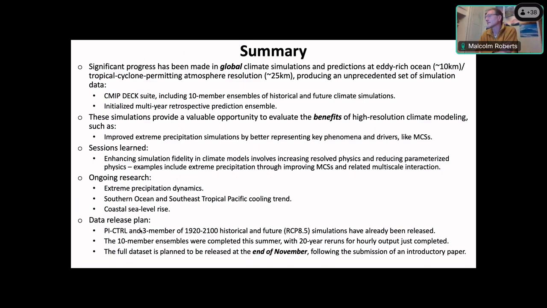Jinsong? Yes, thanks for the very interesting talk. You said that the flow convergence is important to producing your extreme precipitation. Is that related to vertical velocity? Yes, absolutely. That's also what we see if we increase the resolution: what you see first is the vertical velocity. Absolutely, yes, the flow convergence.